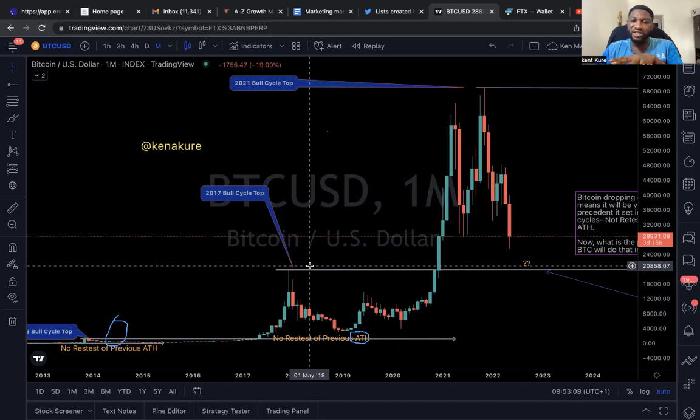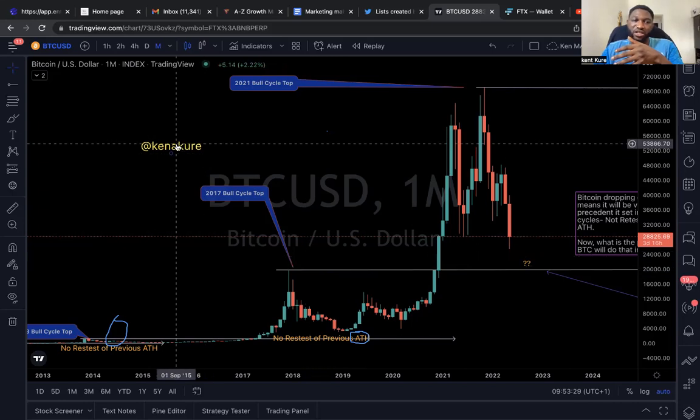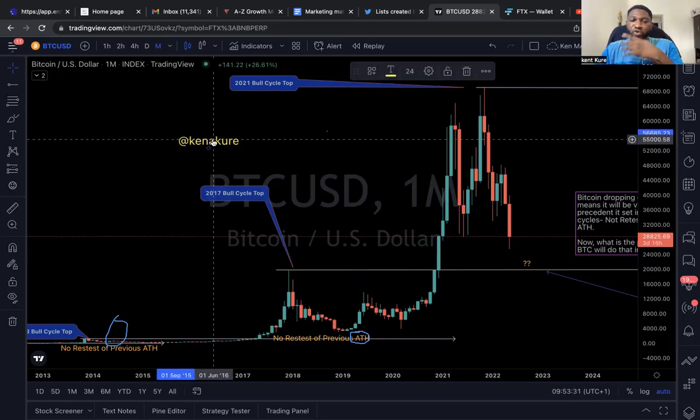Now, none of this is set in stone, but in trading and investing, a way to go about it and not be emotional is to rely on statistics. Does it mean statistics are always 100% right? No, but at least you have a basis for your decision. You're not just making decisions based on your feelings or your emotion at the time. You're doing it based on